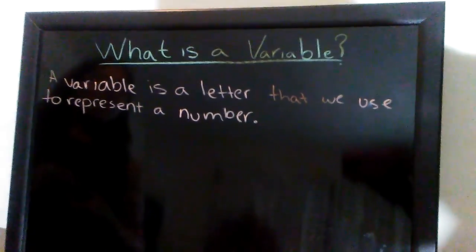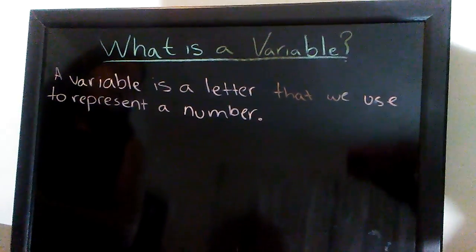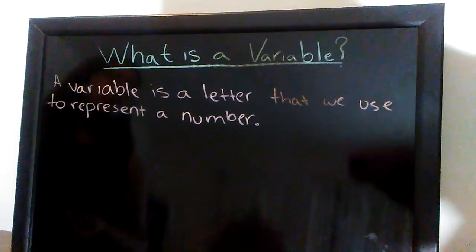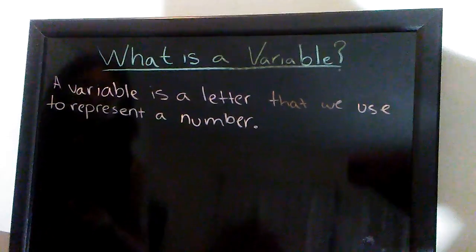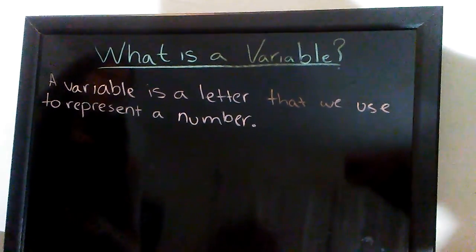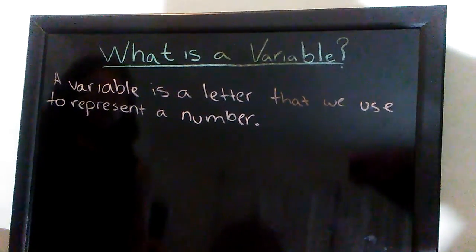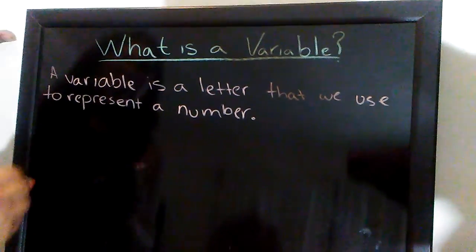Well, it's basically like those letters are numbers. A variable is a letter that we use to represent a number. Usually we do this when we don't know what that number is and we're trying to figure it out. It makes it easier. For example, if I was to say